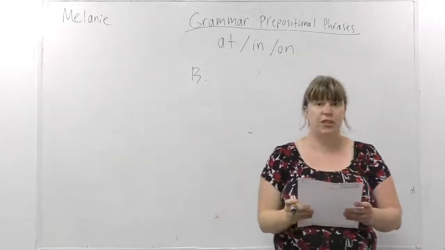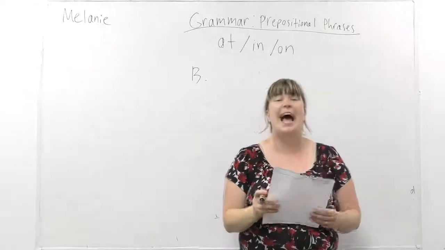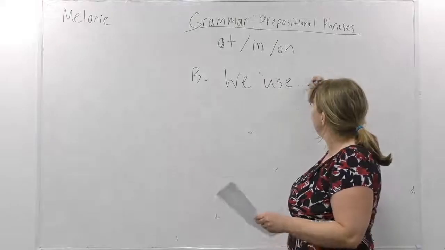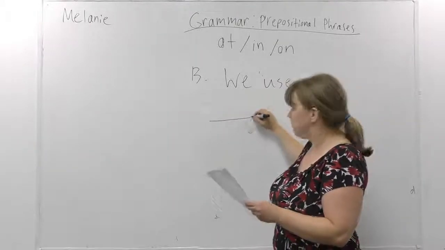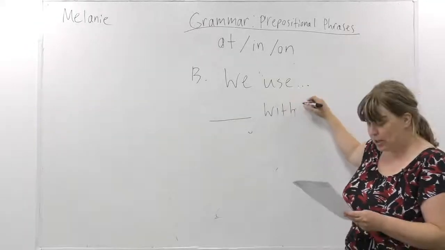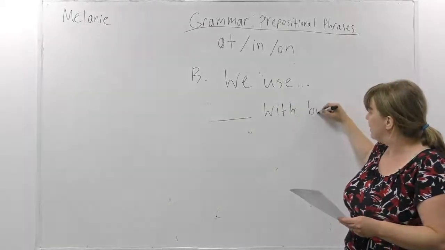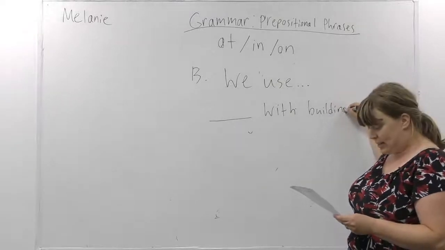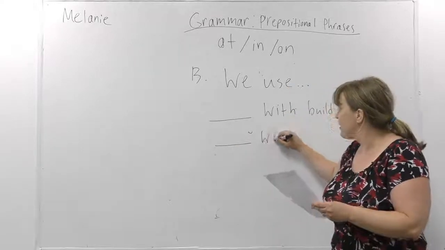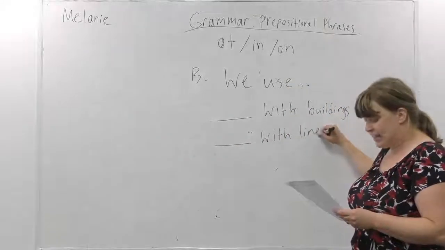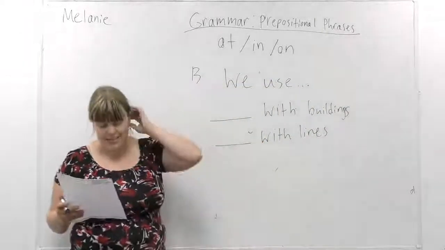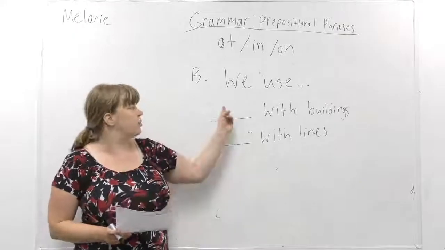Complete the rules for the prepositions in, on, and at. Okay, so we use blank with buildings such as a house or the bank. Buildings. And we use blank with lines such as the coast, the path. So what do you guys think? So with buildings,